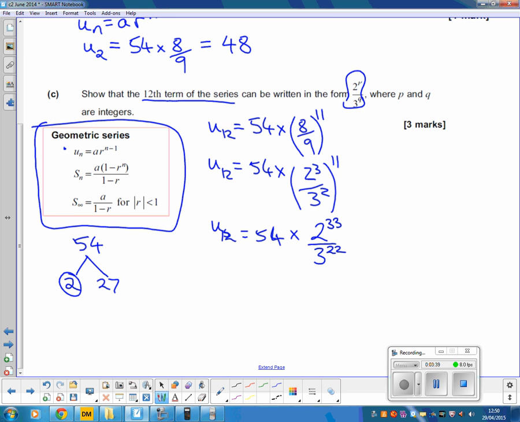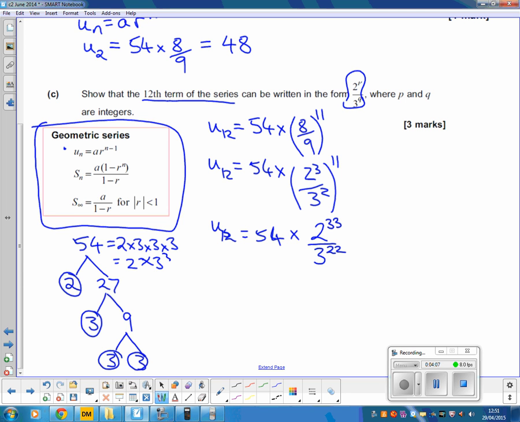Is 27 divisible by 2, because that's the lowest prime? No, it's not. Is it divisible by 3? Yes, it is. It's the same as 3 times 9. 3 is a prime number, so we stop. Is 9 divisible by 2? No, but it's divisible by 3. That's 3 times 3. 3 times 3 are both prime numbers. And this tells us that 54 is the same as 2 times 3 times 3 times 3, or 2 times